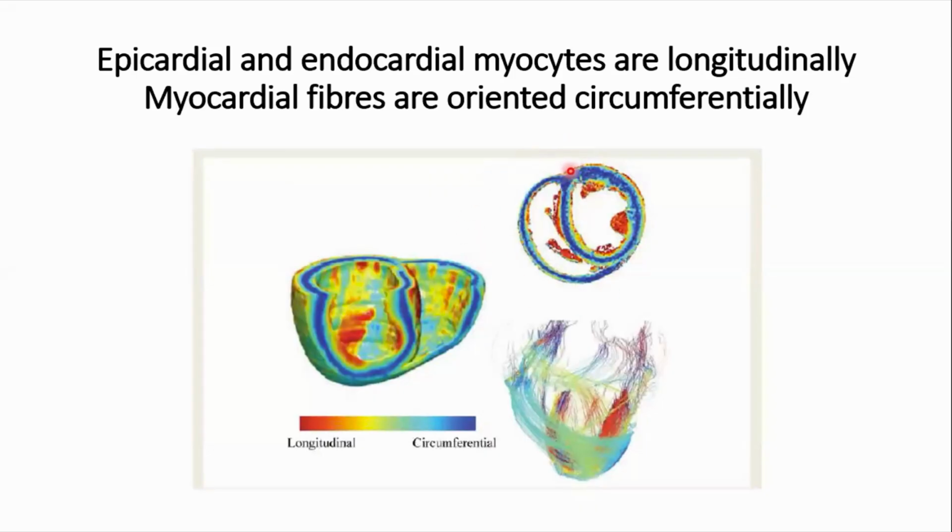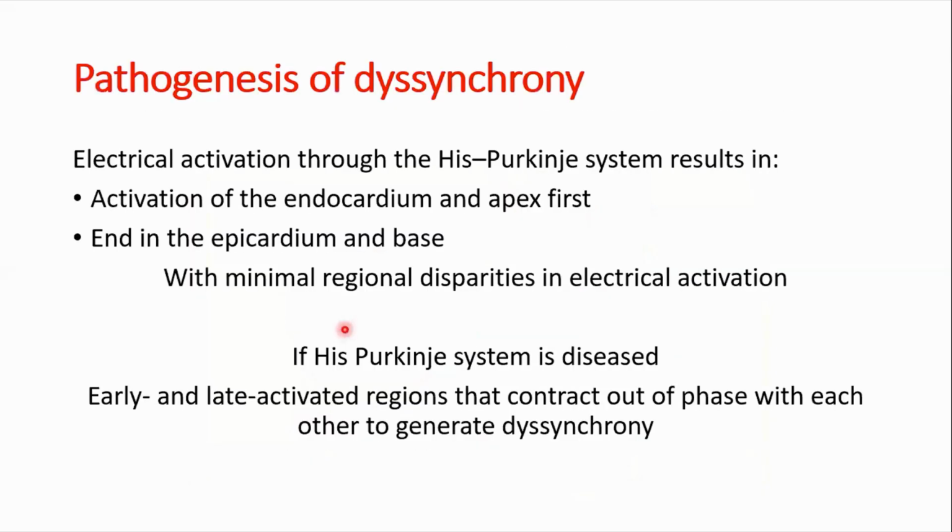We can notice that the distribution of myofibers in the heart is mainly longitudinal in the epicardium and the endocardium, while the myocardial fibers are oriented circumferentially. These fibers have to be activated through the His-Purkinje fibers in a synchronous manner, so that the activation of the endocardium and the apex occurs first, then the epicardium and the base last, with minimal regional disparities